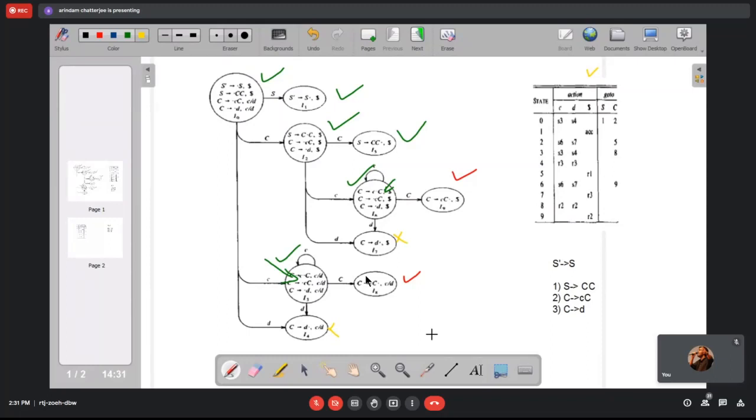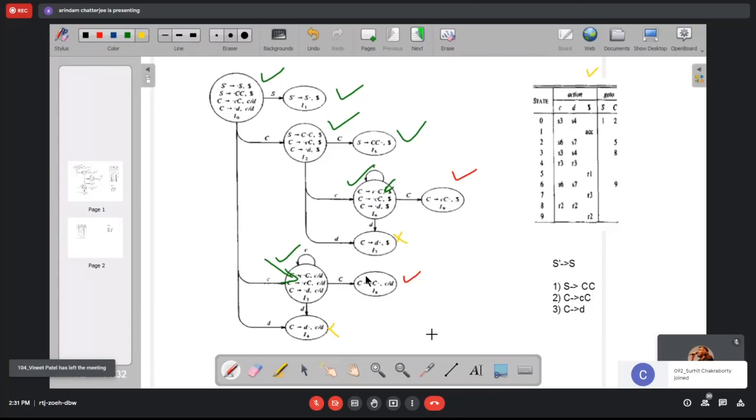In state 0, if you follow the go-to for S, it goes to state 1. In state 0, go-to for capital C is 2.